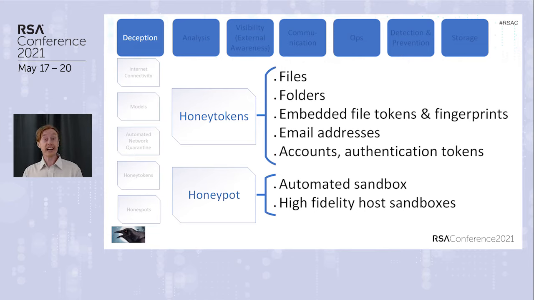Now, the point of that is that it makes it easier for us to detect the reuse of this. As an example, if you're suspicious of employees taking intellectual property and sharing it with other places, you could embed unique tokens inside of the files which contain your intellectual property. And those unique tokens could then fingerprint back to who took that intellectual property and then shared it. Maybe they didn't share it on purpose. Maybe they were compromised. Maybe their home system was compromised where that information was actually stored. So this sort of honey token is useful for our long-term tracking.